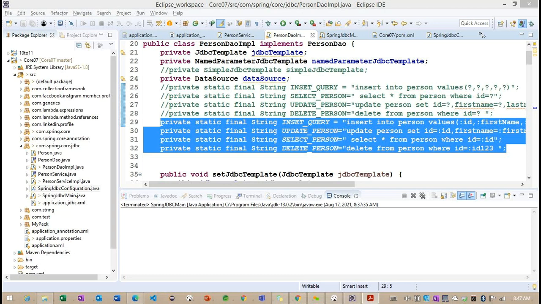But now observe, whenever we are going to work on SQL, with the help of this SQL we are going to connect with our JDBC-related information. So either normal Java Database Connectivity or Spring JDBC. Whatever we are going to connect, internally we are creating the queries.